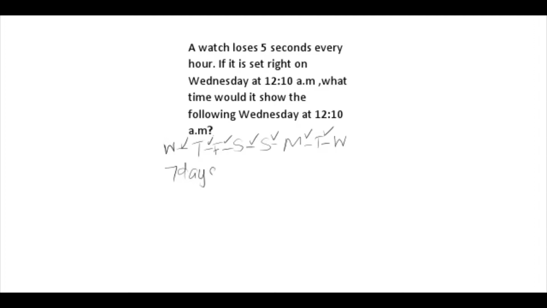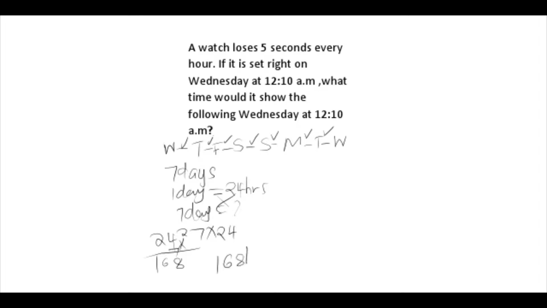So we have 7 days, and we know that 1 day is equals to 24 hours. What about 7 days? It'll give us how many hours? So we have 7 times 24. So 24 times 7, we have 4 times 7 is 28, carry 2. 7 times 2 is 14 plus 2 is 16. So we have 168 hours, and we are told